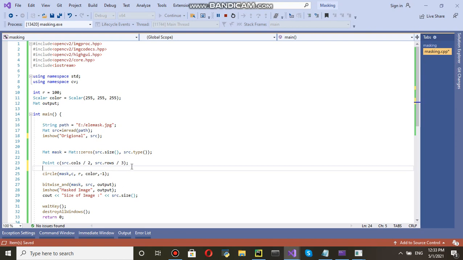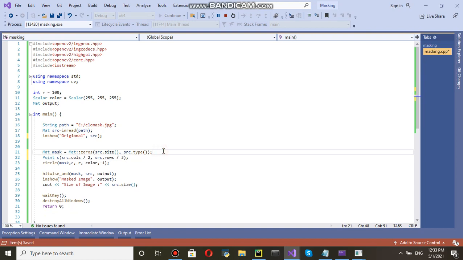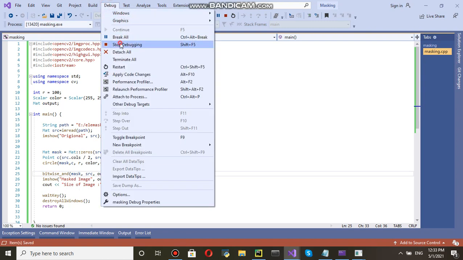And finally we used bitwise AND. So bitwise AND will take two images, mask and src, and here I have put the size of src. Once again I am running this program.